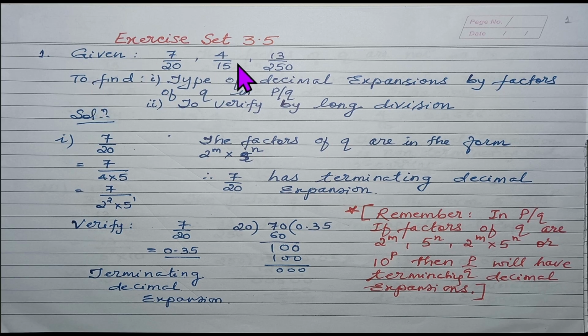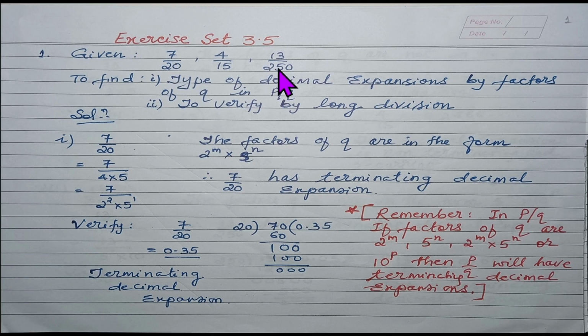Now here we are given three rational numbers: 7 by 20, 4 by 15, 13 by 250. We have to find out the type of decimal expansions of these rational numbers, but we should not find the decimal expansion by long division method, but by finding out the factors of q in p by q. That means we have to find the factors of 20, factors of 15, factors of 250, and then decide the